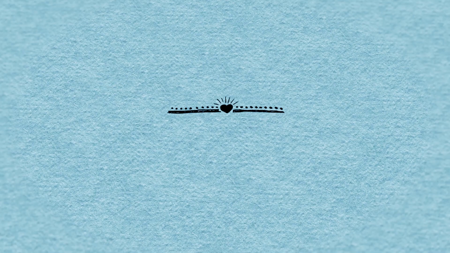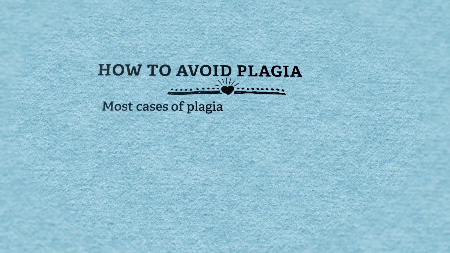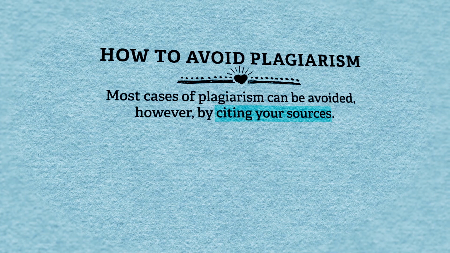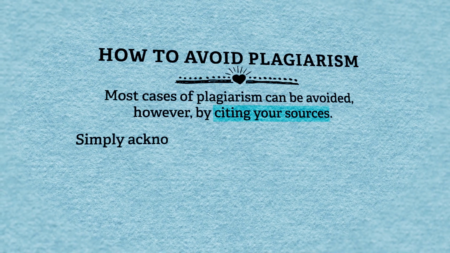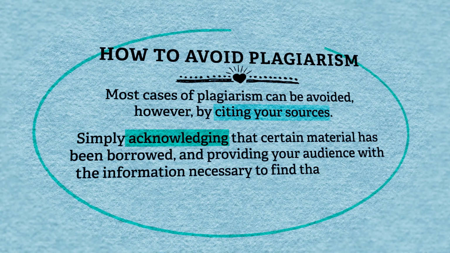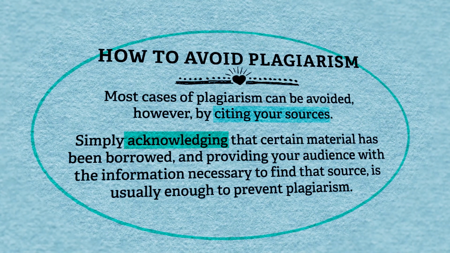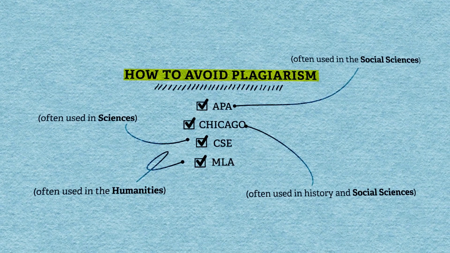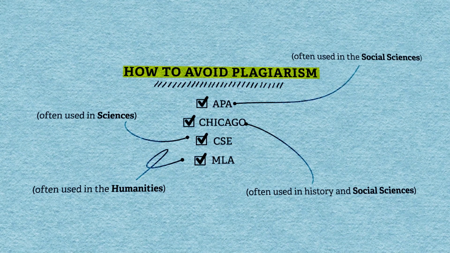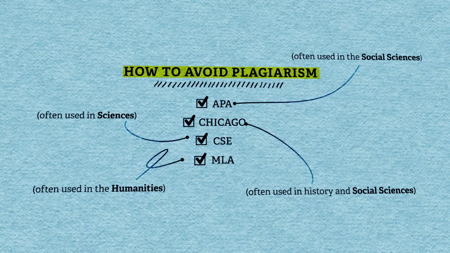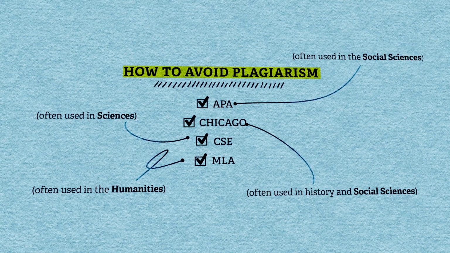I'm going to talk about some of the resources available to you as a student in order to understand how to avoid plagiarism. Most cases of plagiarism actually occur because students just don't understand what it looks like in this institution. So simply acknowledging that you're taking material from other sources appropriately will help you avoid plagiarism. You might have heard of words like MLA, APA, CSE. These are citation styles, and they provide the guidelines for avoiding plagiarism and citing your sources appropriately.